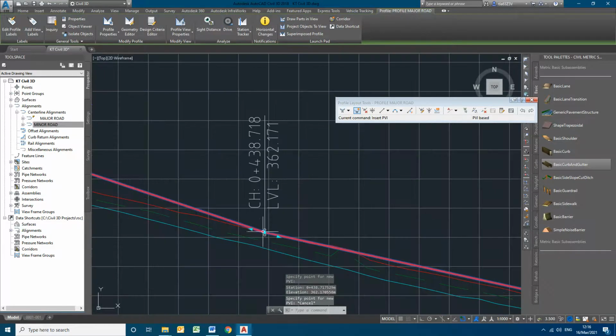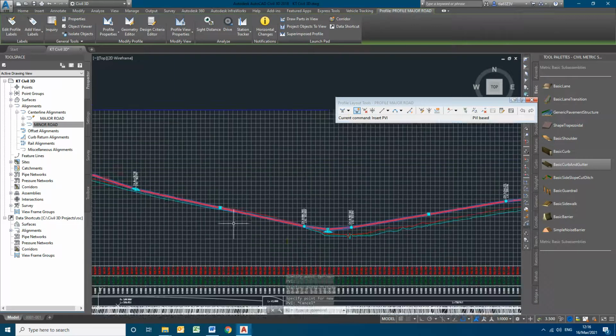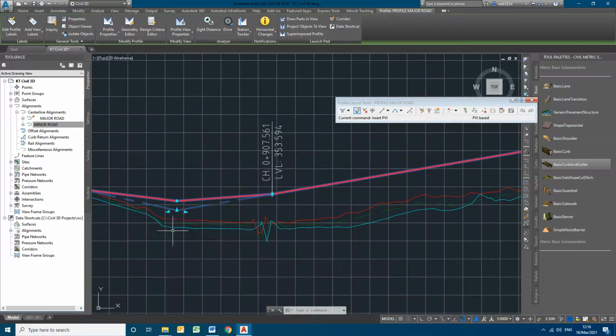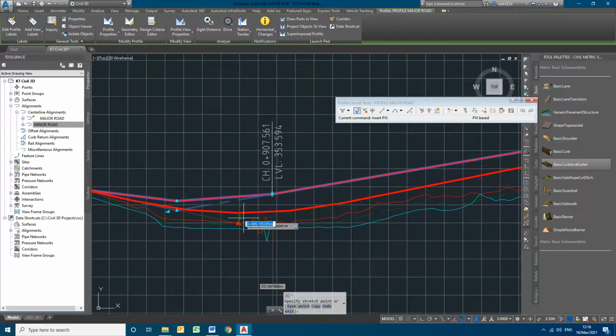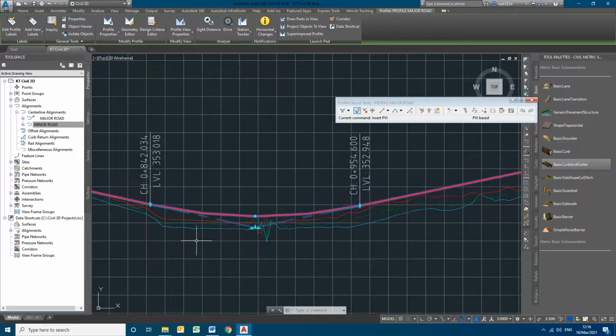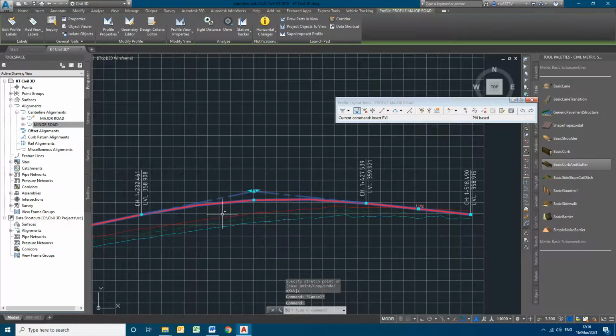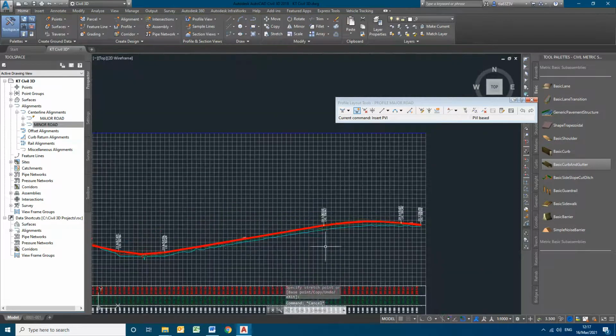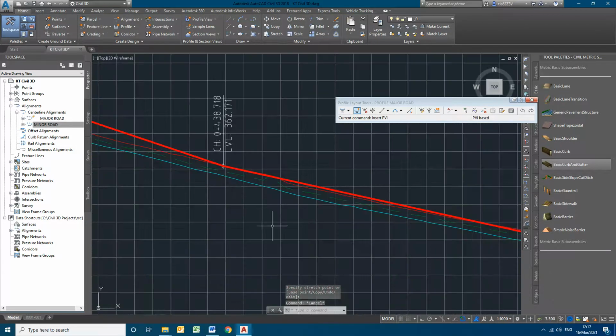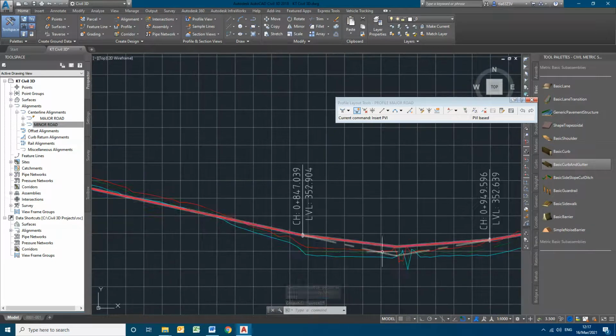Here we don't have the curve, now we have to create the curve in a similar way. So it's nicely fixed almost.